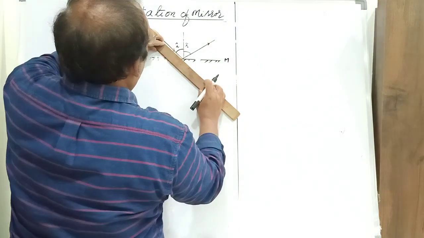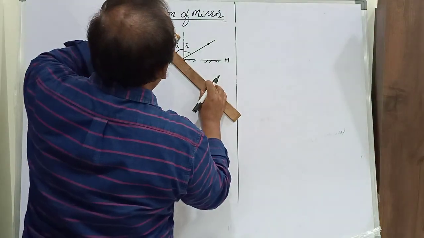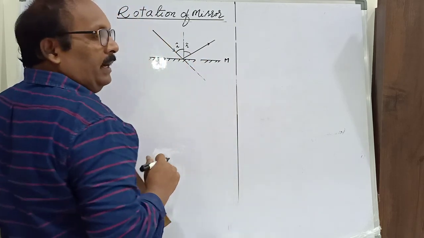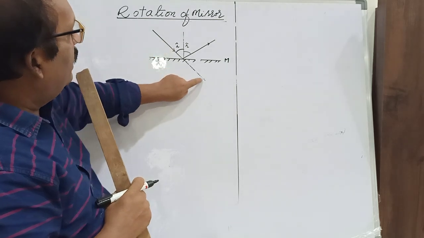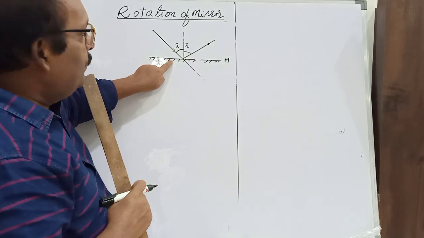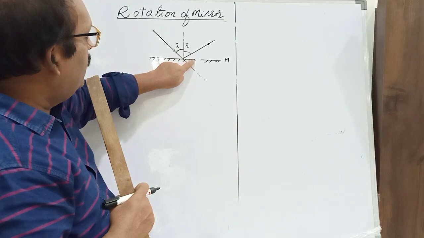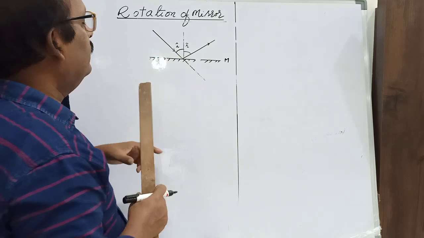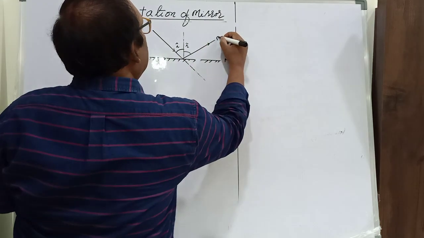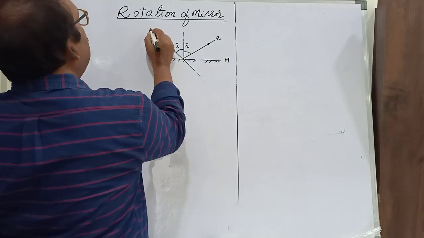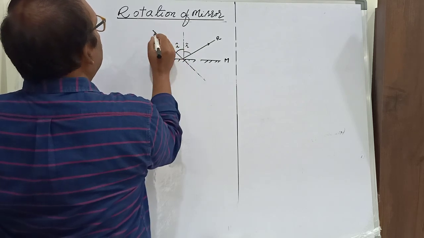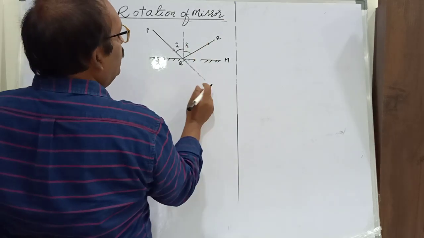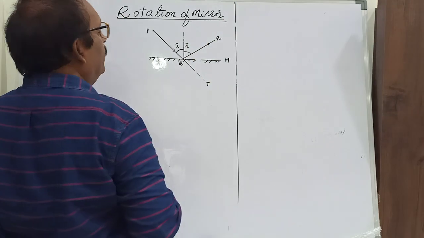Then the angle of deviation is given by this. The ray would have traveled in this direction, the direction of the incident light ray, in the absence of this mirror, but the ray is interrupted by this plane mirror. Therefore, most of the light is now reflected. This is the reflecting light ray. The incident ray is taken as PQ, and QR is the reflecting ray. This would be the initial direction of the incident light ray.